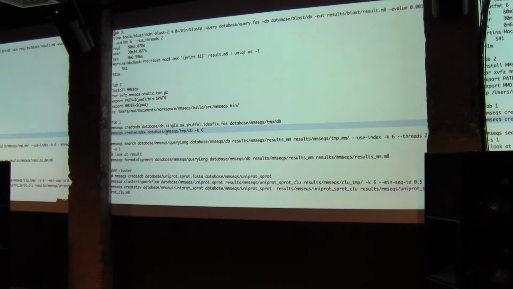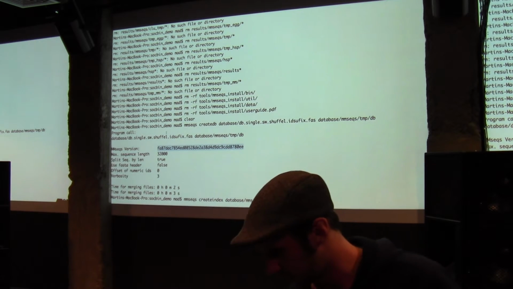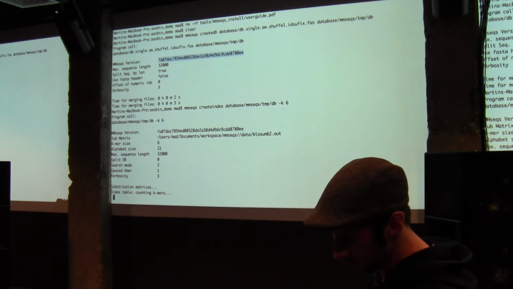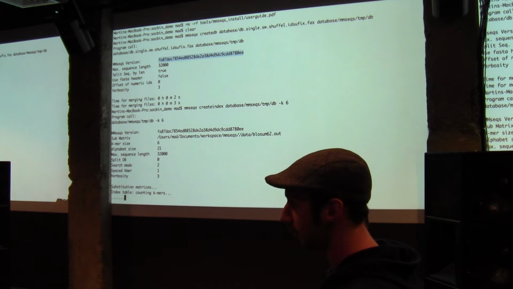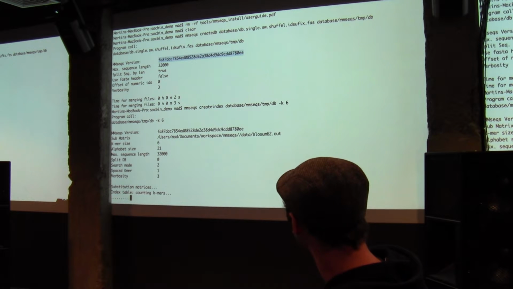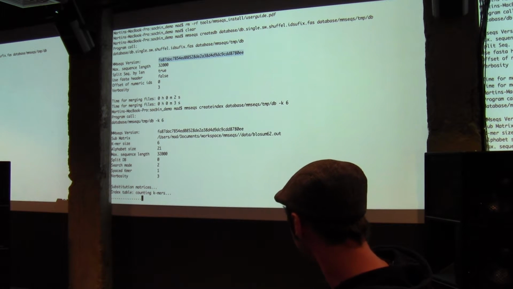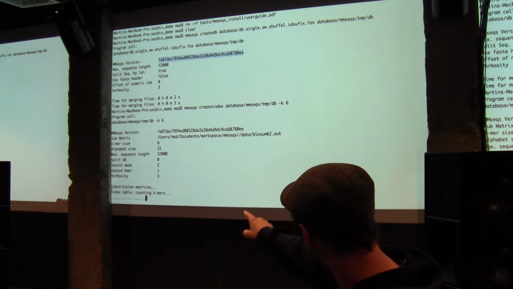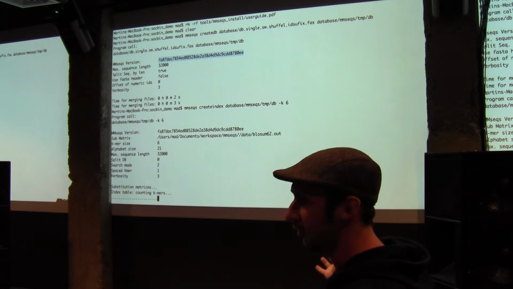What we can do now is create an index from this database. What this does is it goes over all the sequences, counts the k-mers, how often they occur, and then starts to fill up the index. This is around 1 million sequences, and each dot that you see here is 10,000 sequences. So creating the index takes some time.